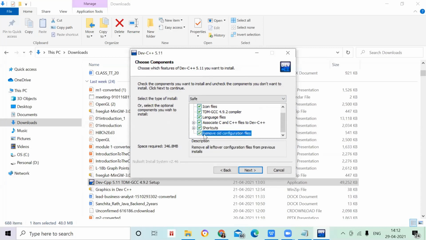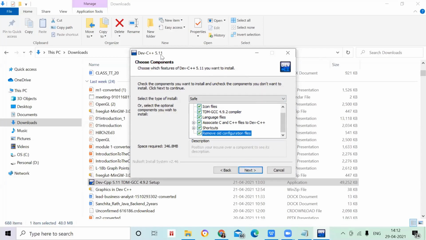You have to click it. If you do not click this, then your Dev C++ will not support your GLUT files. That is the reason we have to click on remove old configuration files. Just click this, go for next, then finish it up.